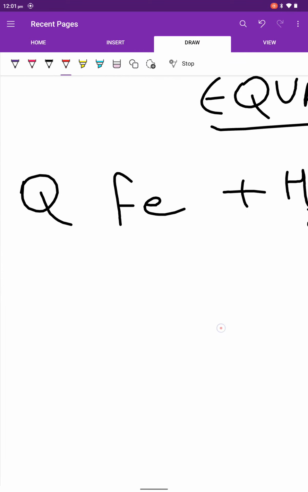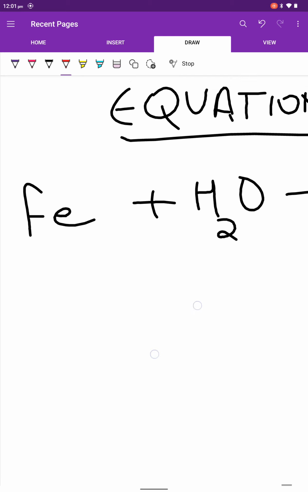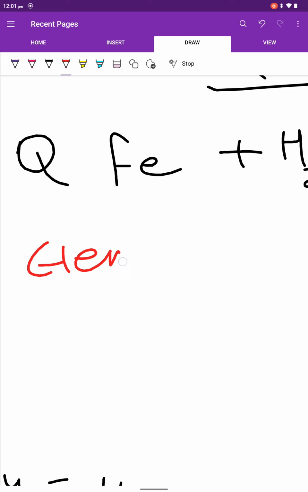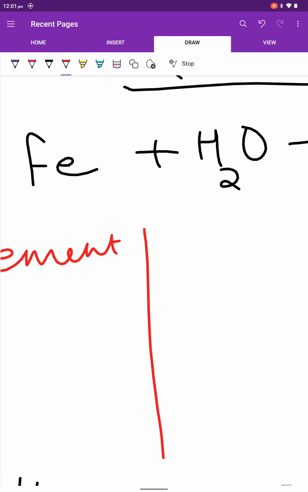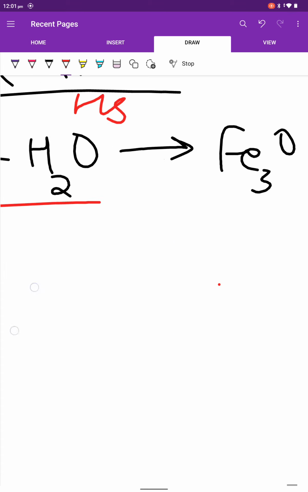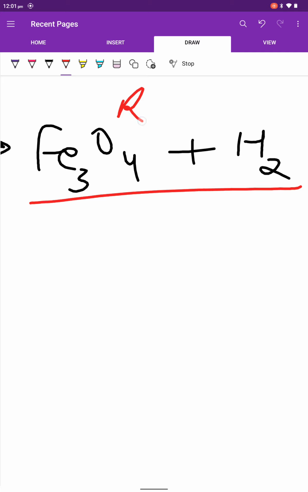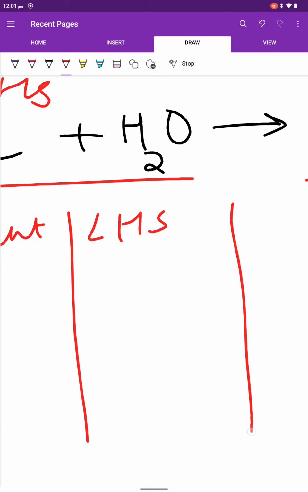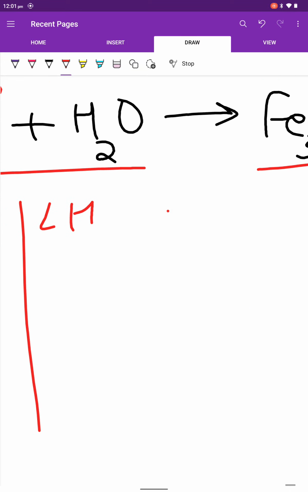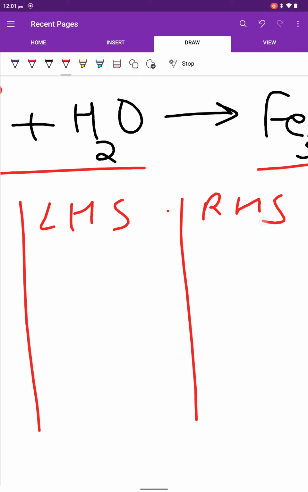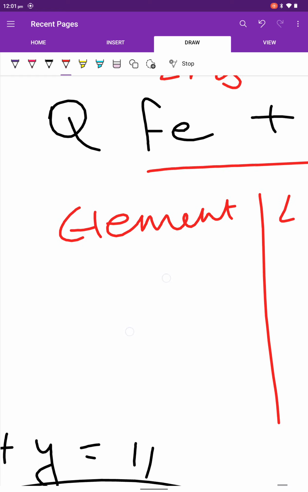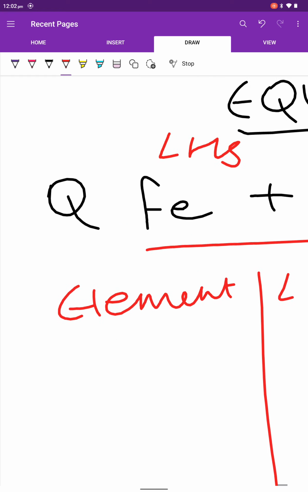But in this chemical equation, the equation is not balanced. It is unbalanced, right? First of all, to balance it, we have to write the elements. Okay? So let's write the elements. Then we have to consider one LHS side and one RHS side. That means this is our LHS side and this is our RHS side. Got it? So we have considered it. Write LHS and RHS. Okay? This is the basic thing that I have explained to you before balancing a chemical equation. So, how to balance it?